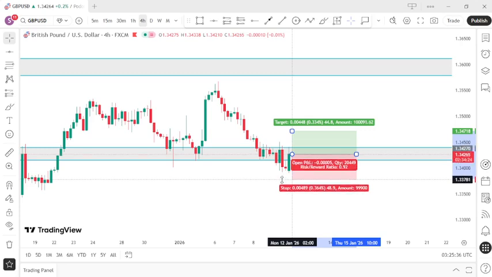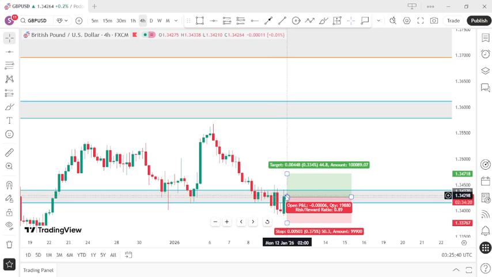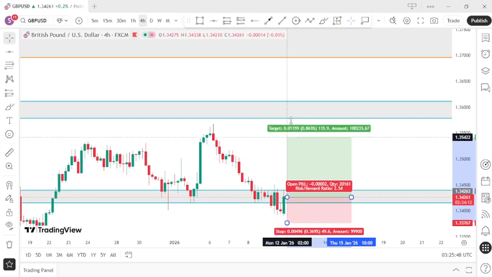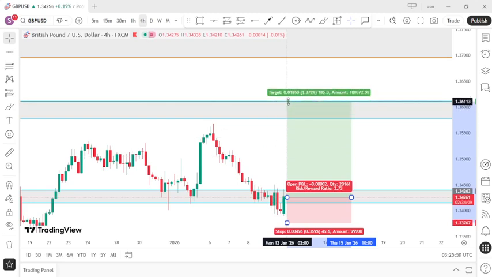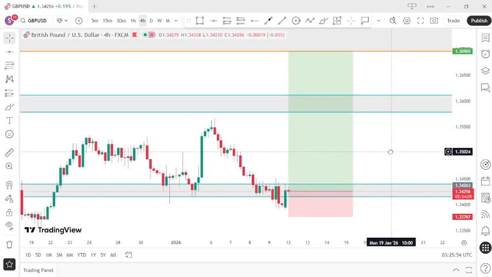Let me adjust it. My stop loss is 50 pips, and I'll be targeting the weekly zone as my TP. What is it? Yeah, 1:3. So I'll target the weekly zone here. That's a 1:5. So my final target will be here,